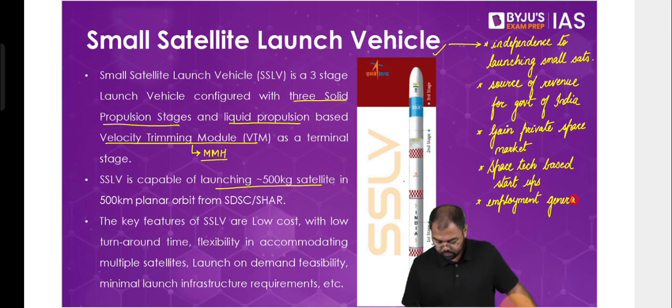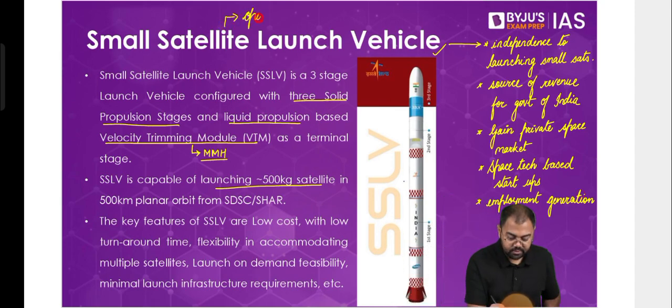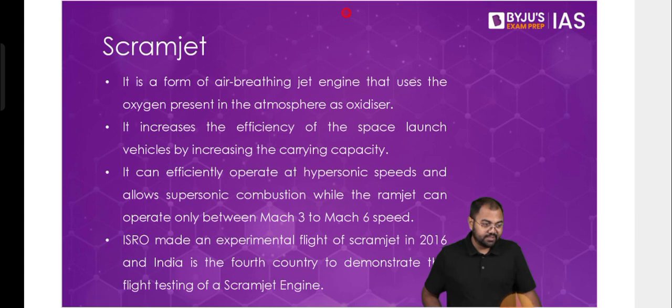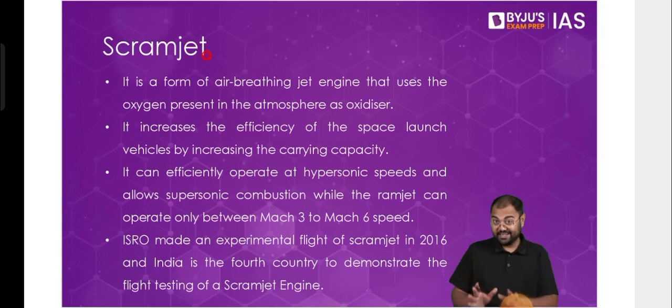All right. So there are all these things that you can see in the context of the small satellite launch vehicle. The operations will be taken care of by NSIL, New Space India Limited. We'll discuss NSIL later. Then after that, we have the scramjet engine. Now, when it comes to the scramjet engine, just understand this, because now we are coming to the future. Until now, whatever we have discussed were all operational launchers, what we have been doing currently. Now we come to what we want to do next and what the future is here.